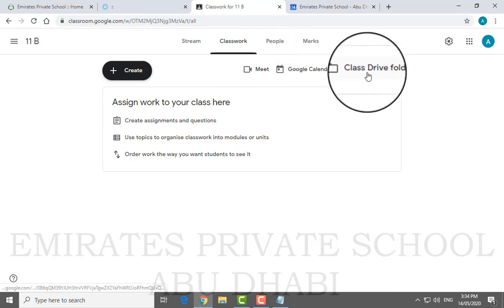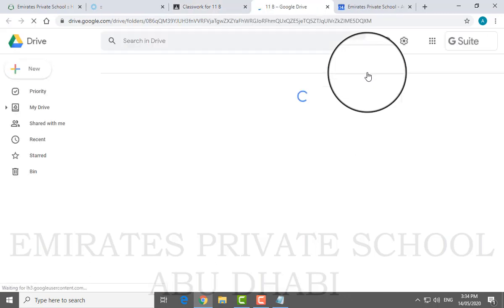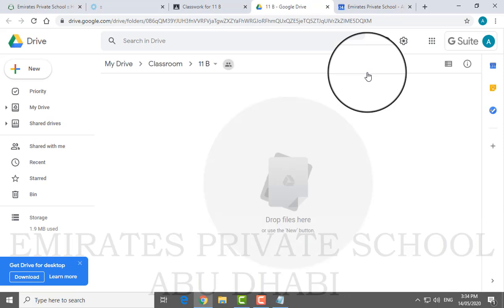Now coming to class drive folder, sometimes it happens you want to show something to them live, but then you don't have an ebook or you don't have a PowerPoint or something. So in case you have to plan your class ahead, so whatever you will be teaching on Sunday, you will be arranging all the documents needed for that particular class. It can be a book in the PDF format, it can be a PowerPoint presentation, if there are any audio files, whatever you have. So once you click on a drive, remember one thing, each class has its own drive.